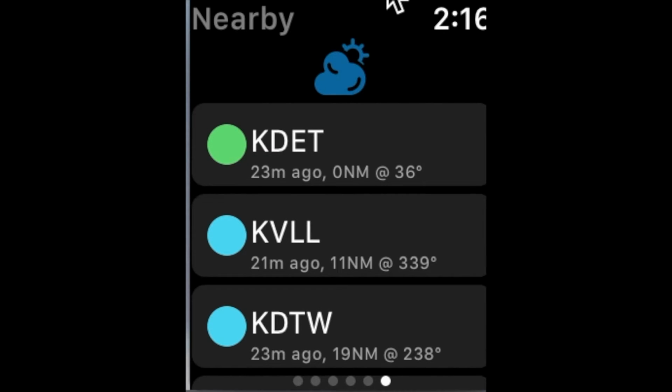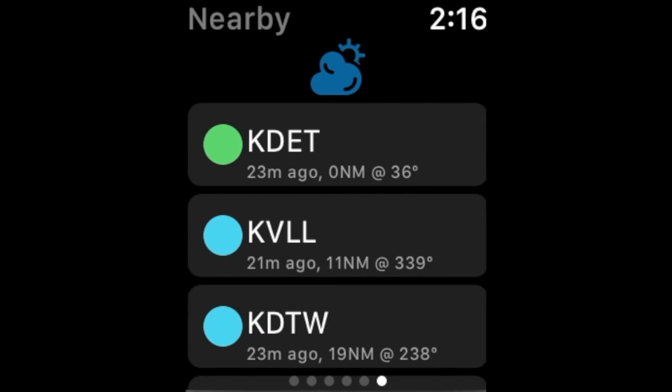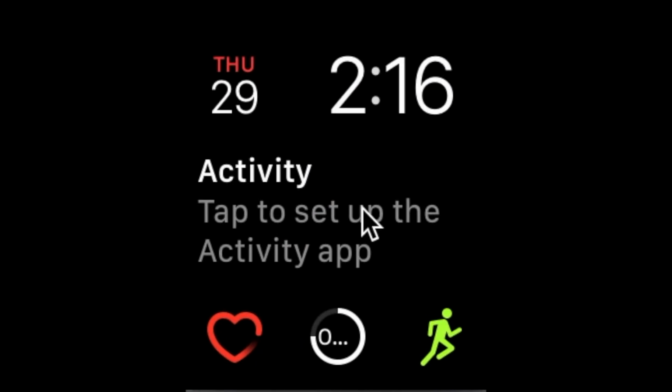Now let's take a look at one of the most useful Aerovie watch features, complications. Let's tap on the digital crown a couple of times to reveal the default watch face. In watchOS 3, you can swipe left and right to change watch faces. While Aerovie supports complications on many of the watch faces, we highly recommend the modular watch face for the best